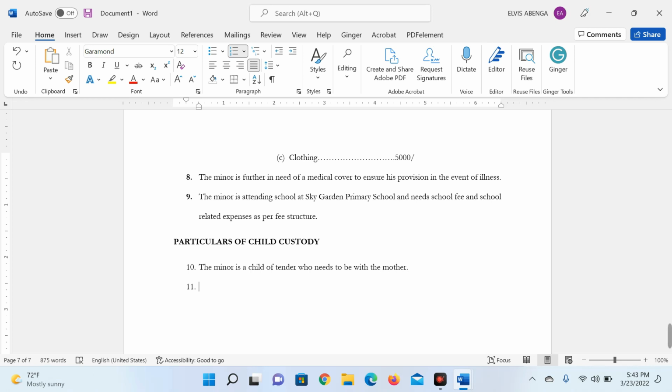Then maybe you want to say that the father is not responsible enough to take care of the child. Then you can say that the defendant is not responsible enough to take care of the child. Then you say whatever you have to say. Then we want to conclude this document by making prayers. Yeah. So we say reasons wherefore